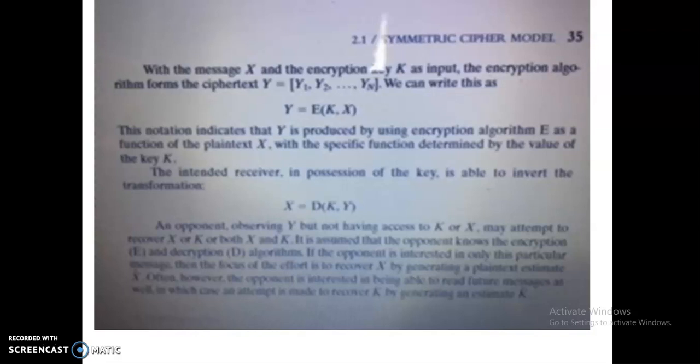Okay. So the essential elements in the symmetric cipher model are the plain text and the encryption key. These are the essential elements in the symmetric encryption model. The plain text may be in the form of 26 alphabet letters or binary alphabet 0 and 1. The encryption algorithm is also one of the important things, and the key is generated by the source, and then it must also be provided to the destination by means of some secure channel. Alternately, a third party can also generate the key and send it to both the sender and the receiver in the secure channel.